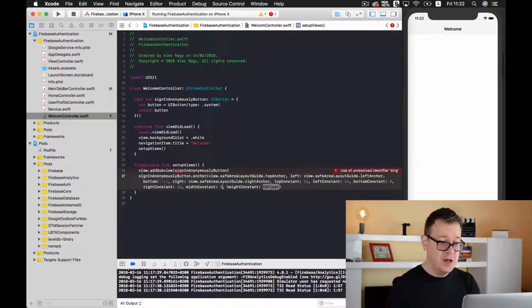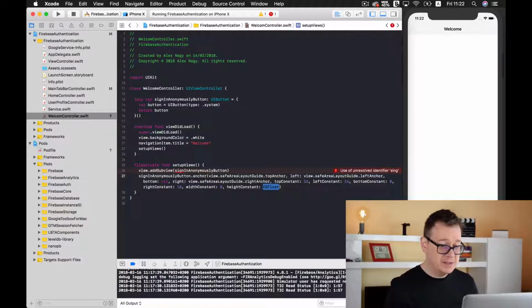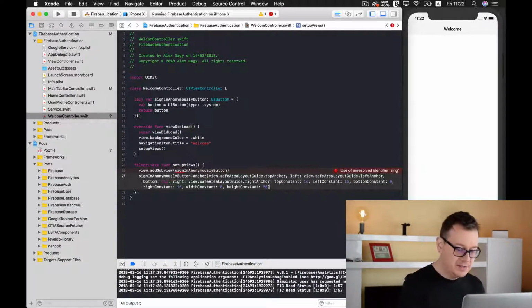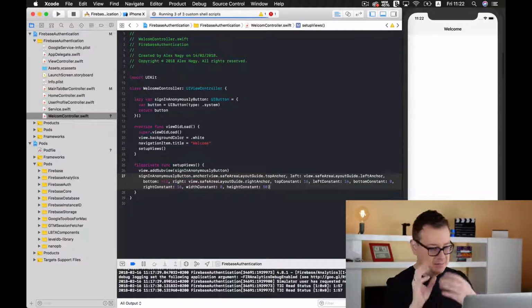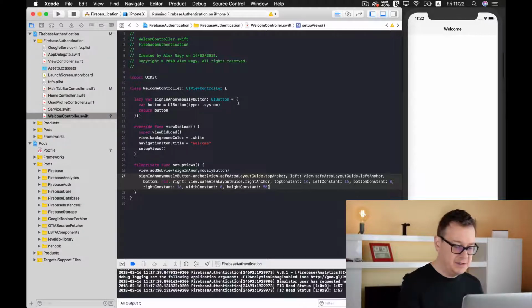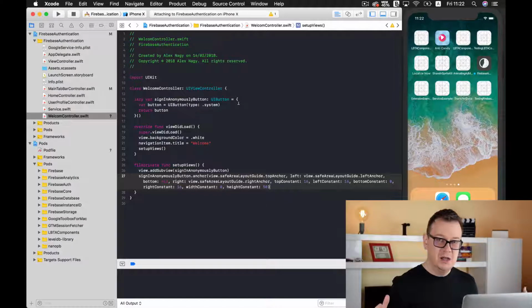So there's no reason to add a width constant, and a height constant 50. That should be okay. Now let's just hit Command B and get rid of that error and see that build has succeeded. Good stuff. Now what I want is let's just build and run and see if something actually gets